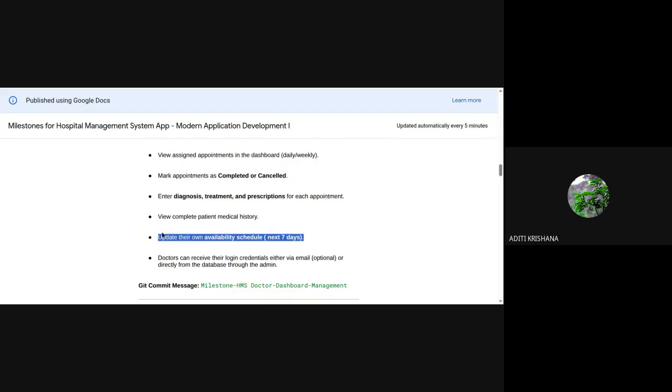This is the major thing, because if it is not done, how will the patient know the dates on which this particular doctor is available? Only then can appointments be booked, and only then can appointments be accepted. So everything is related. First of all, you have to make an availability column.